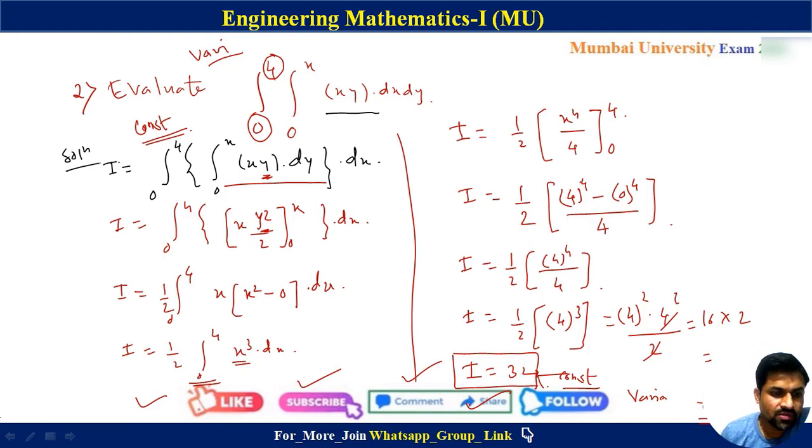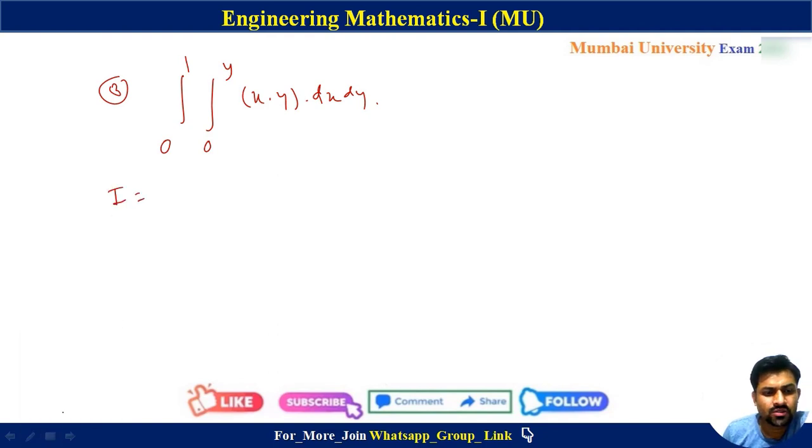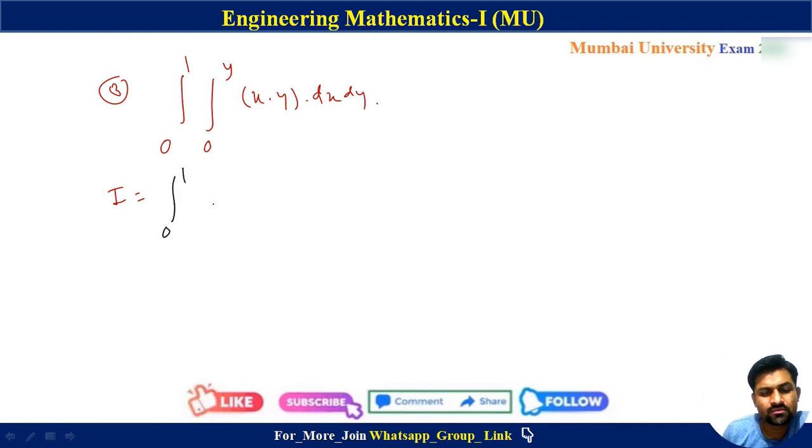Okay, another example we can see. Third one, integration and the limits are in the form of, suppose 0 to 1, 0 to y. Okay, xy function again same, dx dy. Now simply we can solve this integration in a very simple manner. So first I am writing 0 to 1, then second integration 0 to y, x into y with respect to,